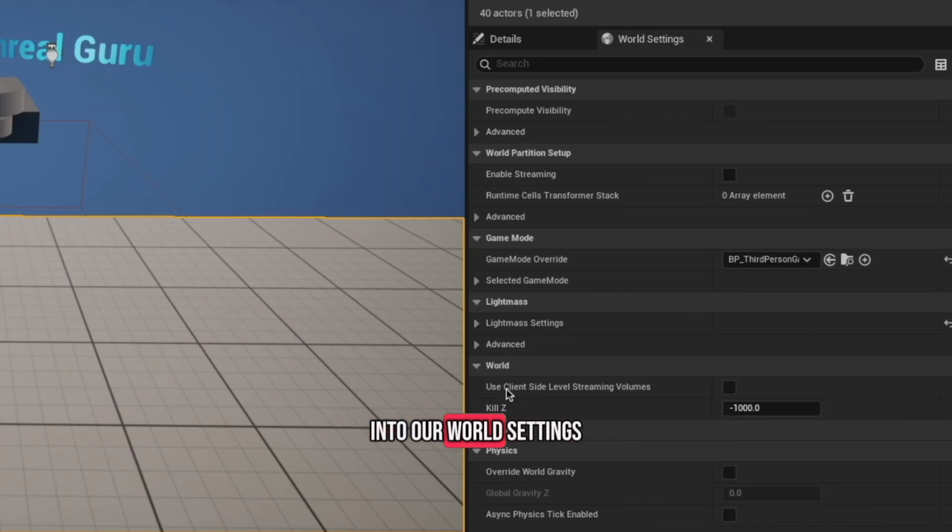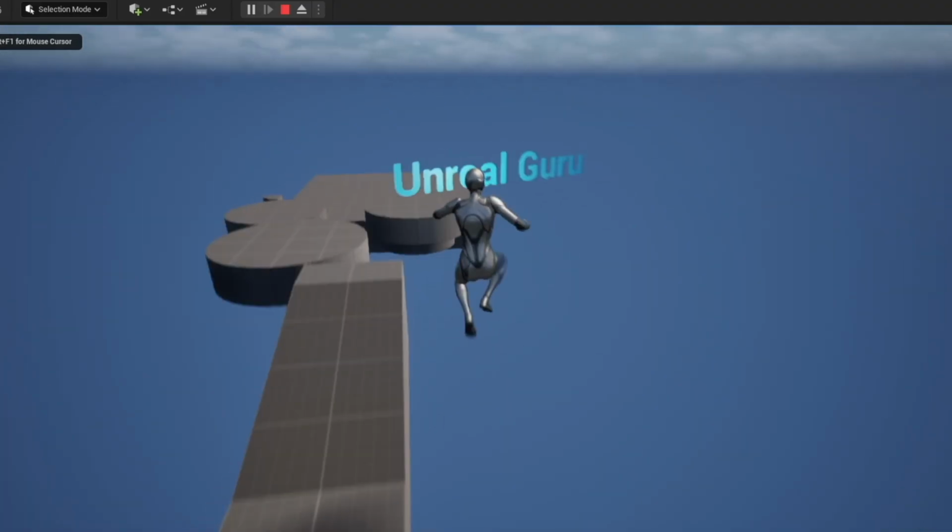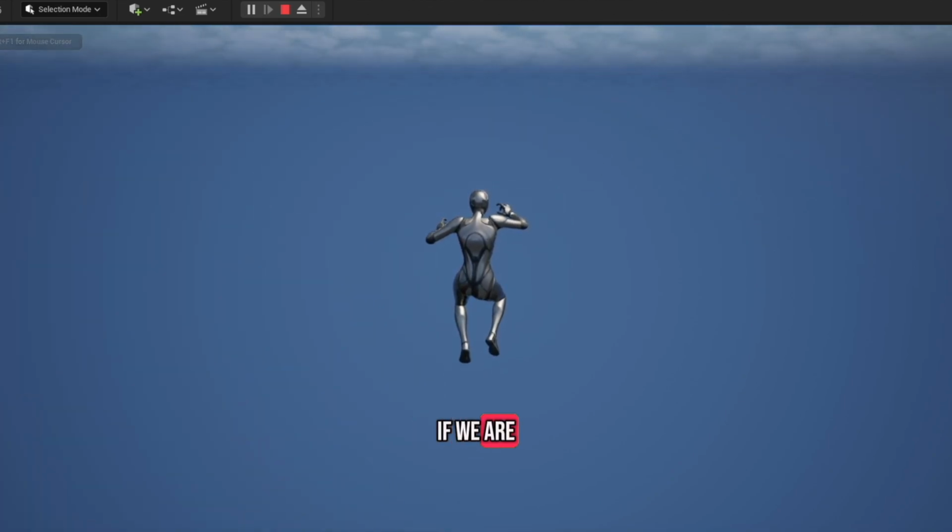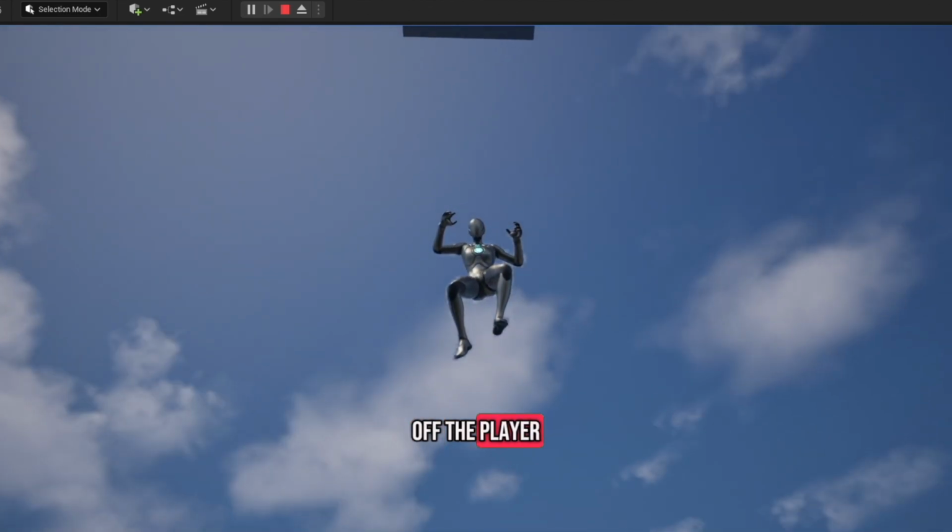First, let's go into our world settings and adjust the kill Z setting to something like -100,000, so the game allows us to continue falling indefinitely. As you can see right now, if we were to play test, when we jump off, the player just drops